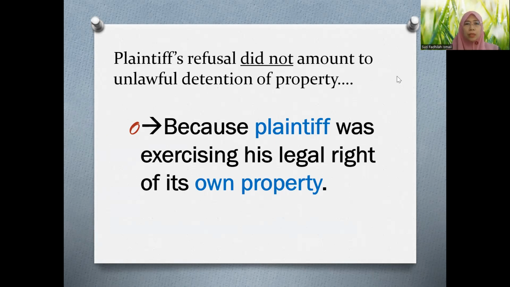So that's basically the case of Taekwon Trading. That's the first case law. Now we are moving to the second case